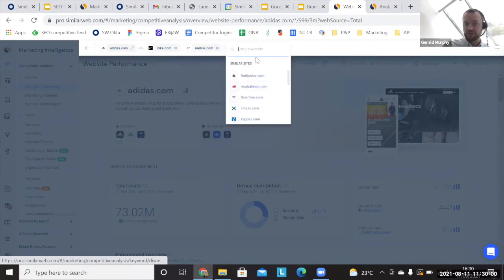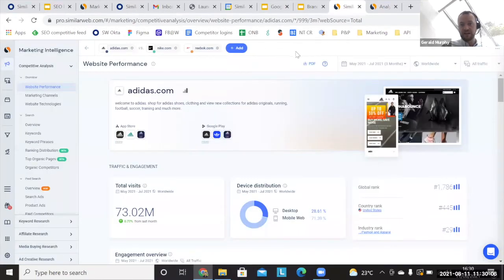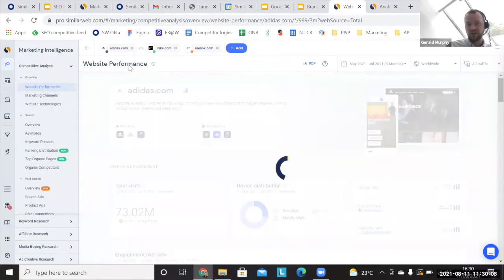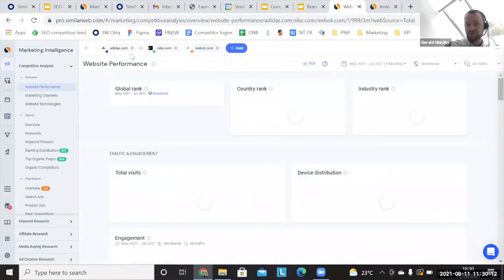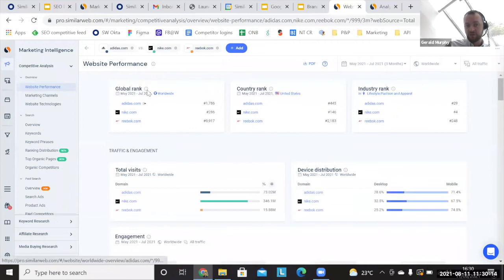So let's go, for example, for Reebok. And actually we can just stick in those three. Click anywhere else, the screen refreshes. What we're automatically doing in the background is getting all the information for all three of these sites. For example, we've got global rank. So you can very quickly work out